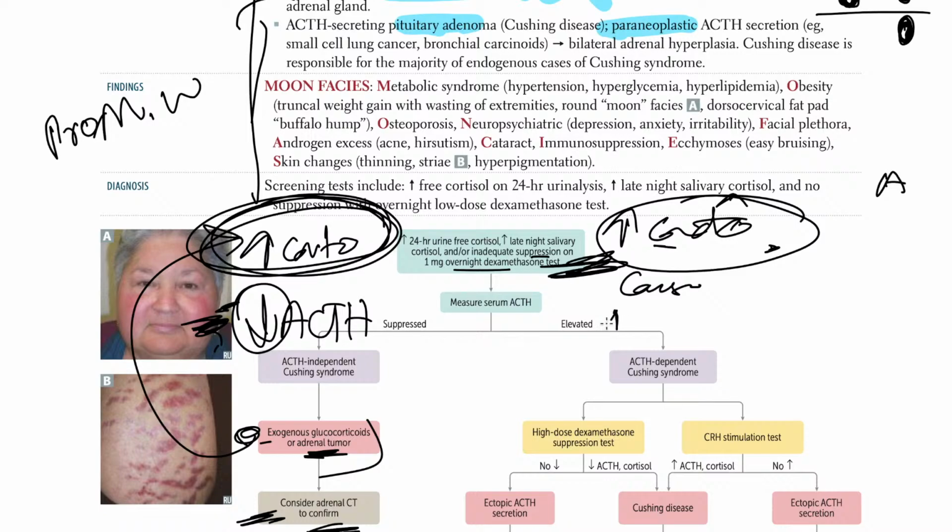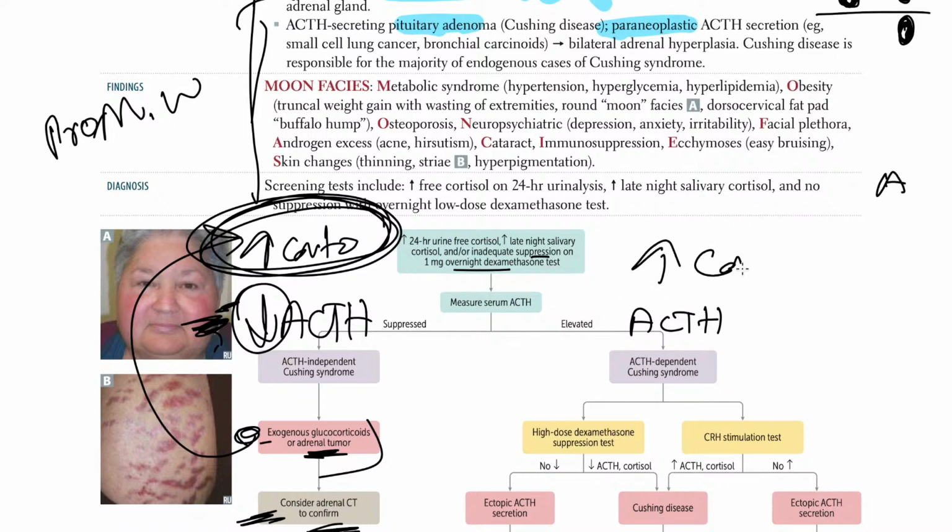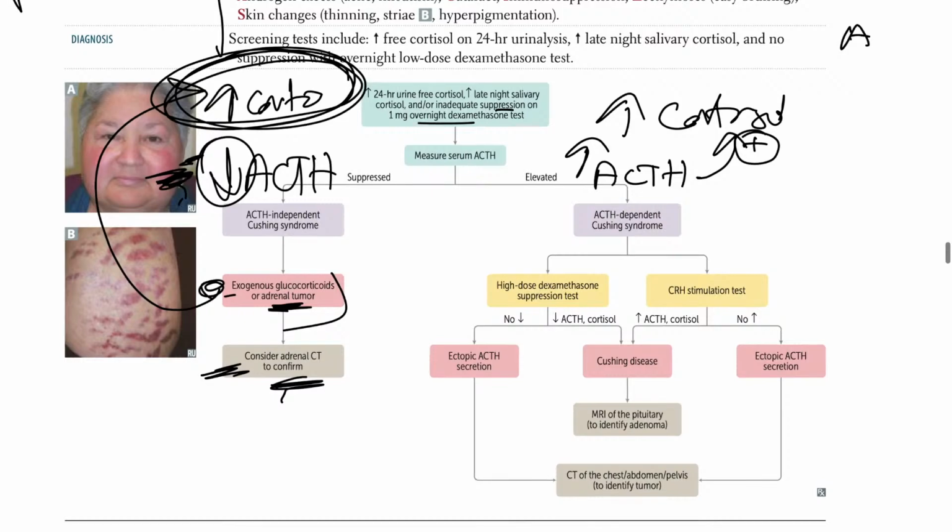Now, if the ACTH is elevated and you have an increase in cortisol, that means that ACTH is causing the stimulation of the cortisol, and that's why we have the increase in cortisol. Simple, right? Then we go for the high dose dexamethasone suppression test. When we give a patient the high dose dexamethasone suppression test,